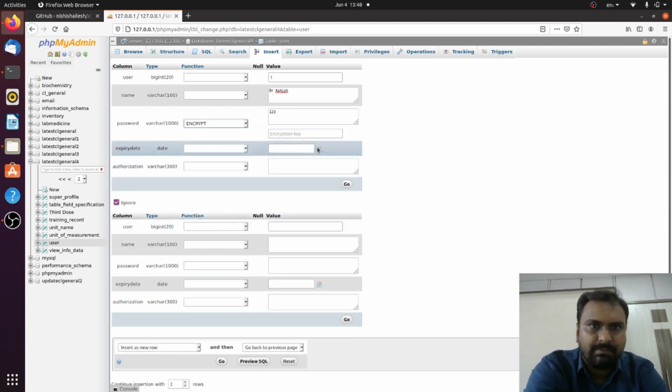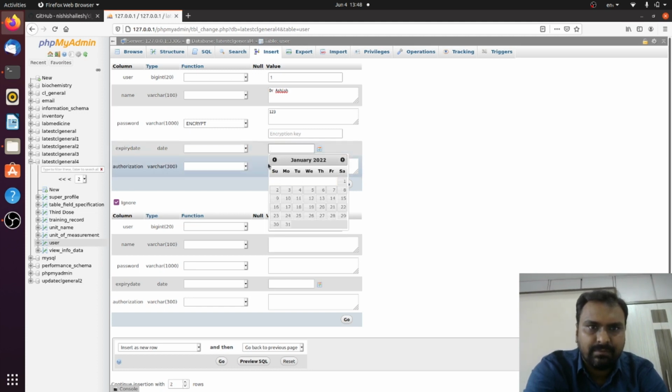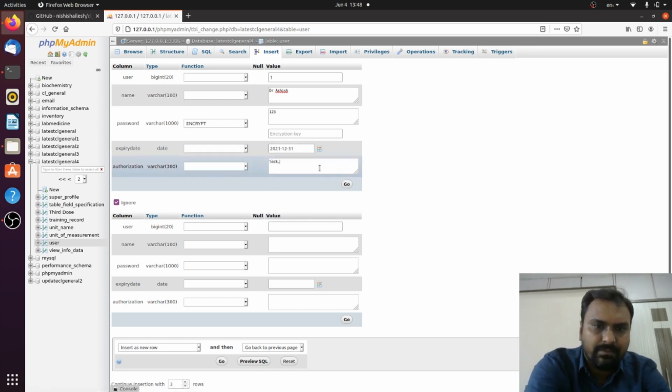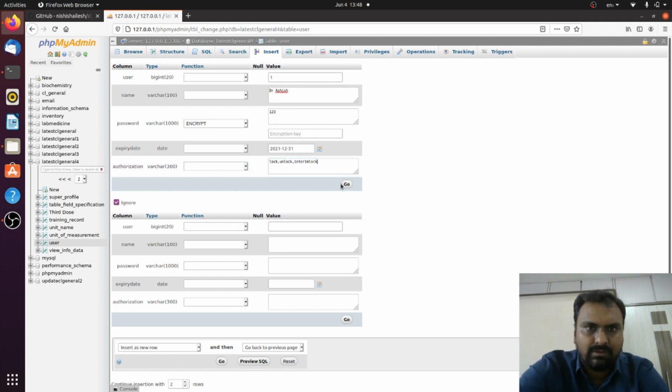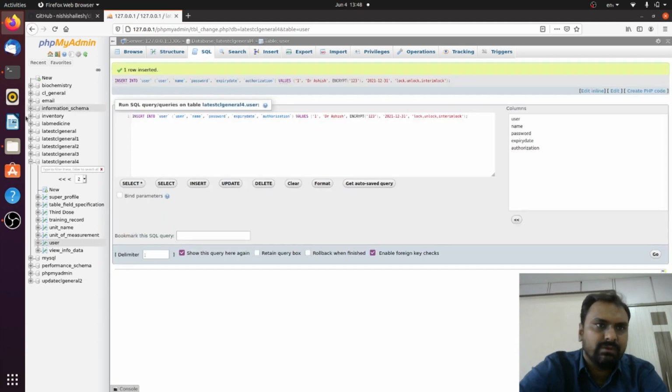Okay, expiry date, like I am giving up to December, then it will ask for a change of password. So 31st December. And in authorization you have to write lock, unlock and interim lock for the interim report, and lock, unlock for the final report. Okay, so lock, unlock and interim lock, then go, because this user is created.